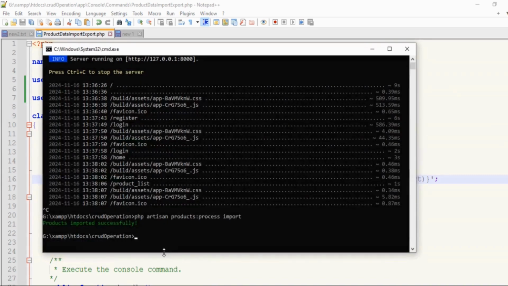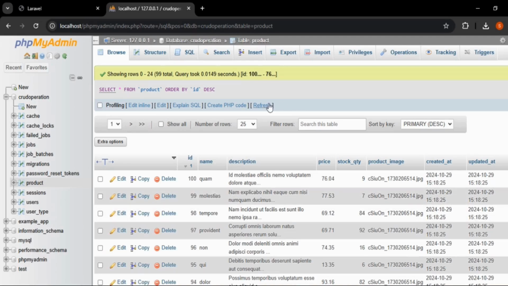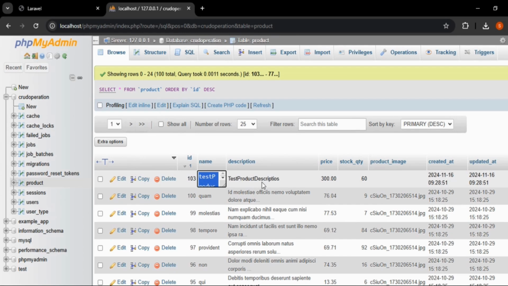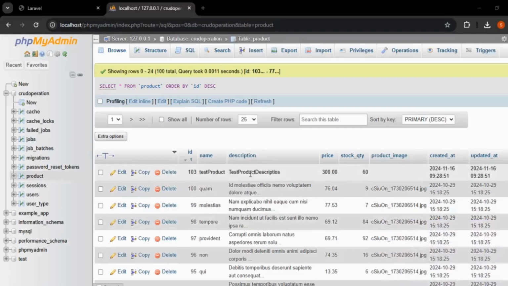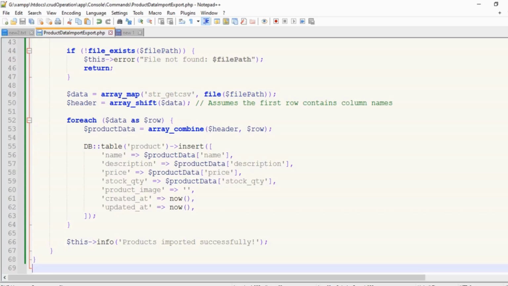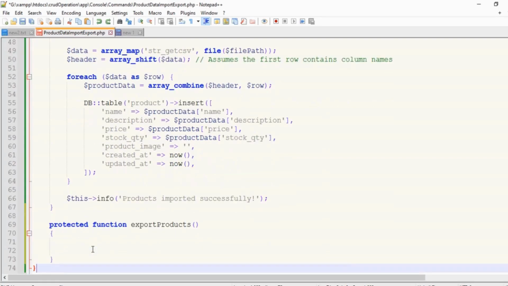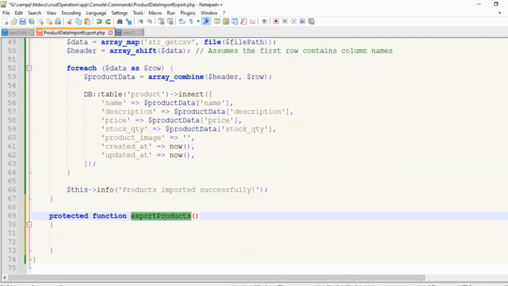After executing this command, go to phpMyAdmin, refresh the product table, and you will see the new product data imported from the import.csv file. You can add additional product records to the import.csv file and import them using the same command. After implementing the import functionality, we now need to define the exportProducts method for the export functionality.